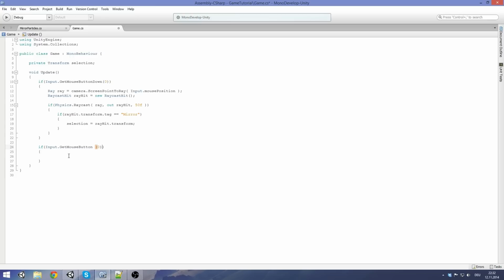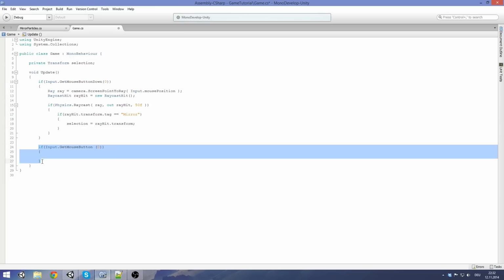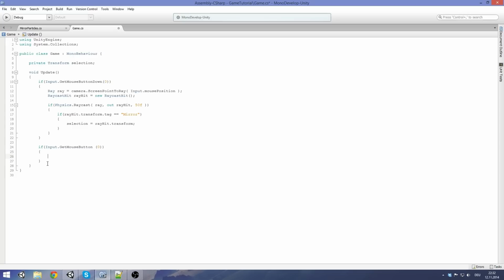So if we click and hold, then this here will be called once, and this here will be called on every frame. So in this part here, we're going to actually move the selection. So let's first check if we actually have a selection. So if selection is not null,